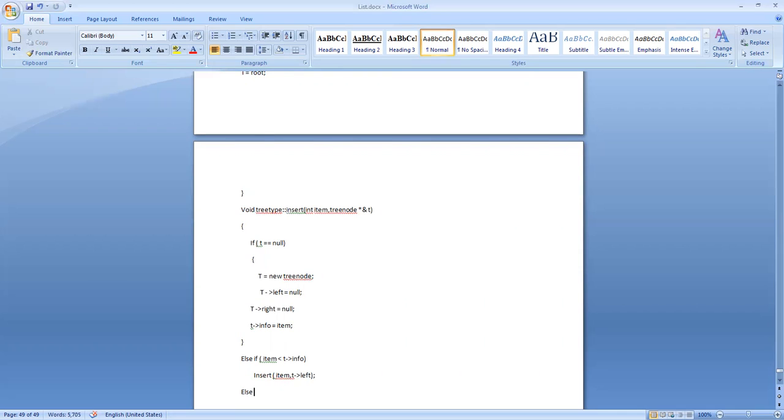Else it is going to be the right child. The only remaining condition is the right child. So else insert item comma t reference right.